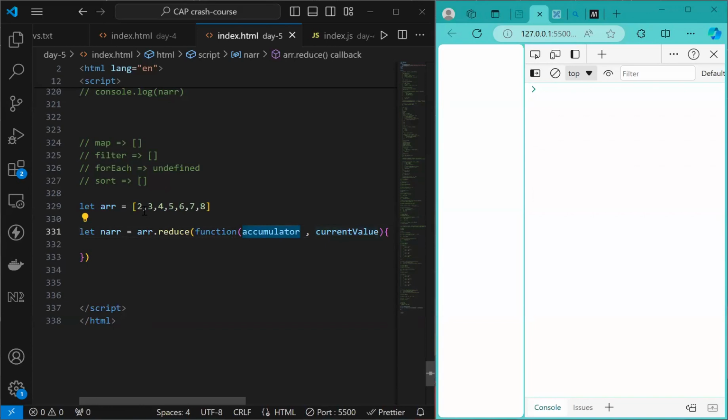By default this accumulator is the very first element, and by default this current value is going to be your next element. So in every iteration these both get incremented by one index, right? So in the first iteration the accumulator is going to be 2, current value is going to be 3. In the next iteration the accumulator is going to be 3 and whatever function we have done with it, and current value is going to be 4, right? So let's say here we are returning accumulator plus current value